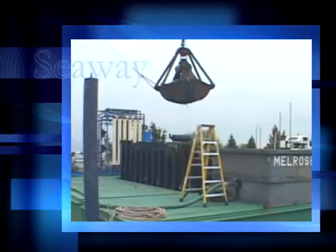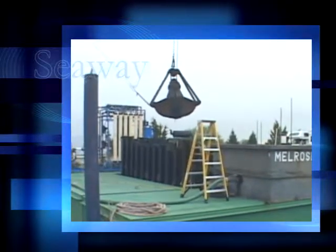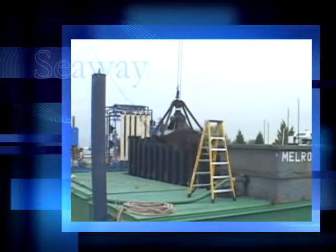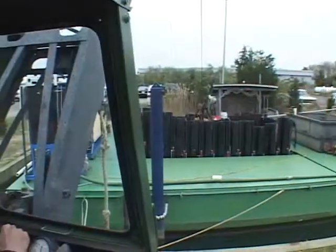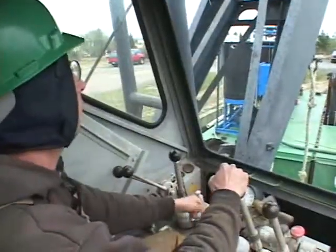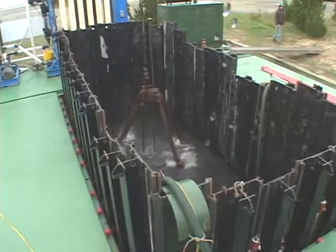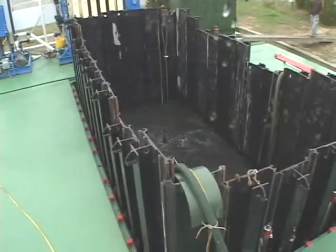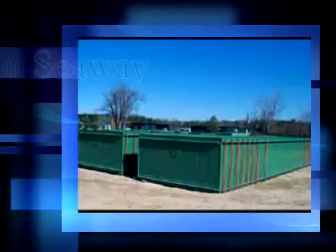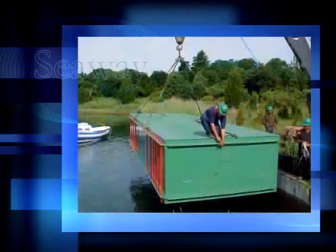Seaway's mobile containment system incorporates the mobility and flexibility of silt curtains to readily relocate and redeploy the system during cleanup, and the stability of fixed sheet piles to operate in river environments with currents. In addition, the Seaway mobile containment system provides for the collection of contained contaminants to prevent their escape after the containment barrier is removed. Seaway achieves these results by employing sectional barges that can be readily transported to a cleanup